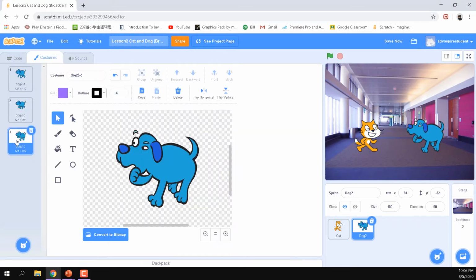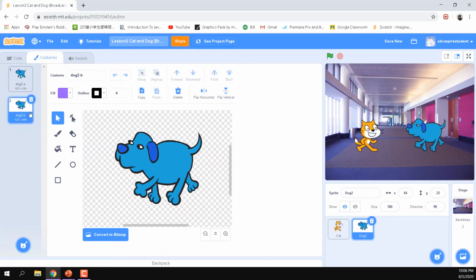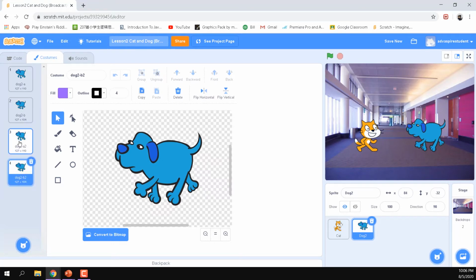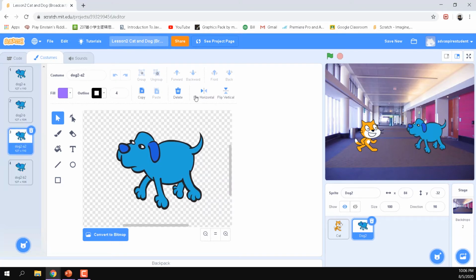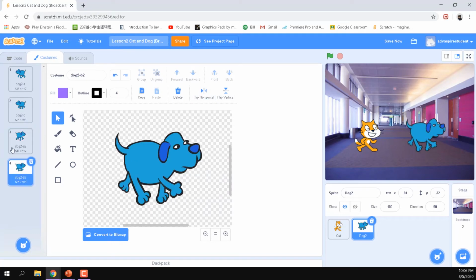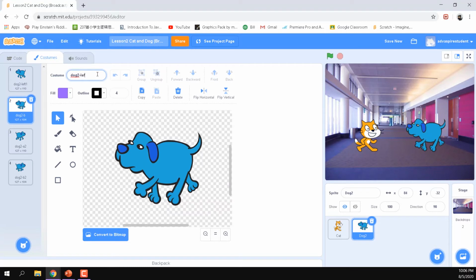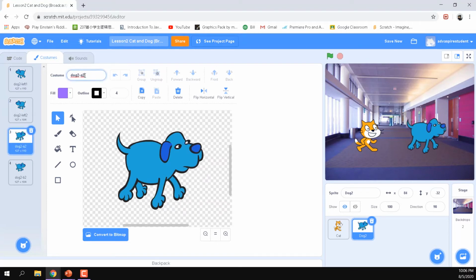I'm gonna make the costume like this. This one I don't need. I just want to duplicate this, move it down, and duplicate this, move it down. So these two, I want to flip to the right. I'll name them dog left 1 and dog left 2, and this will be right 1 and right 2.